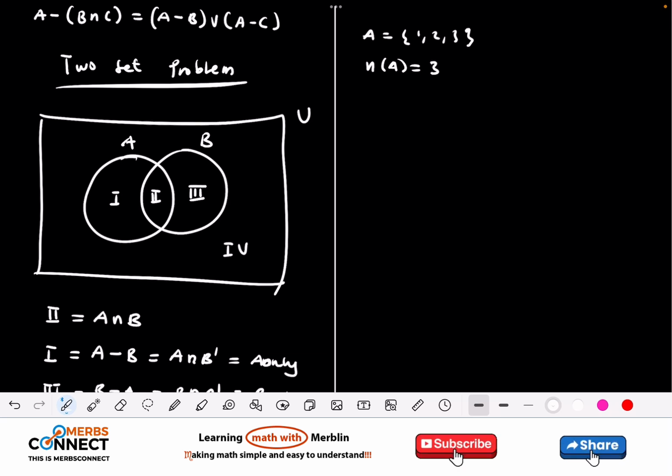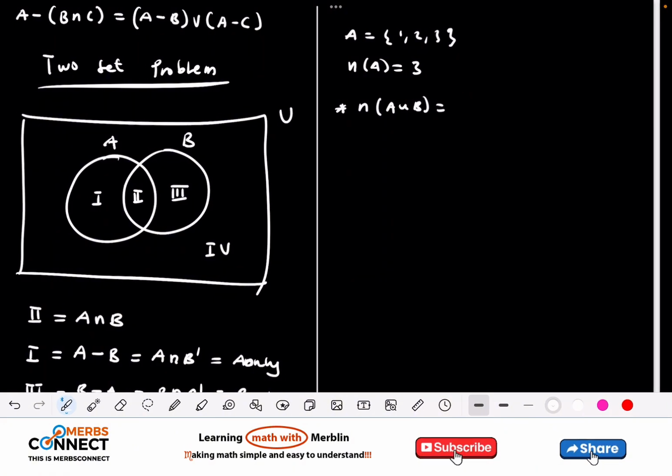When you get to the Cartesian plane, you will understand what I'm trying to say. But I just wanted to show you the notation: if I'm talking about n of A, I'm talking about the number of elements in A. Now, one equation that we need to learn is that the number of A union B